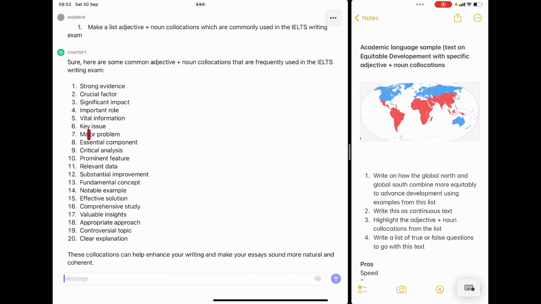You know, key issue, major problem, essential component, critical analysis. I guess ChatGPT's accessed some published IELTS exemplars and things like that and come up with something quite useful there, hopefully based on a frequency count and so on. Okay, so write on how global north and global south could combine more equitably to advance development using examples